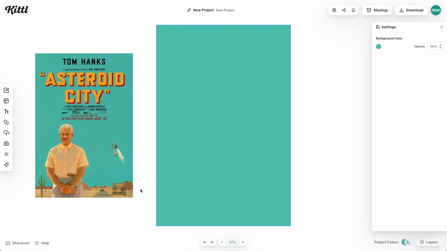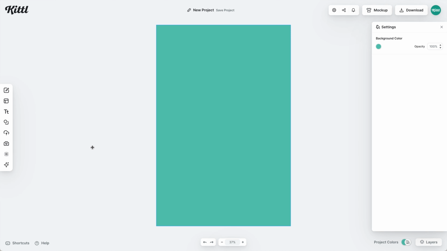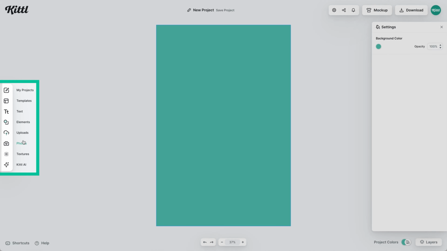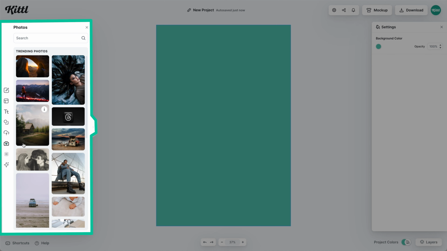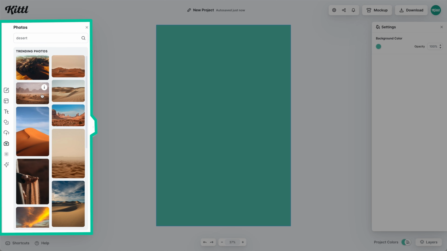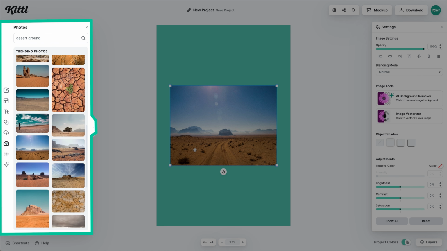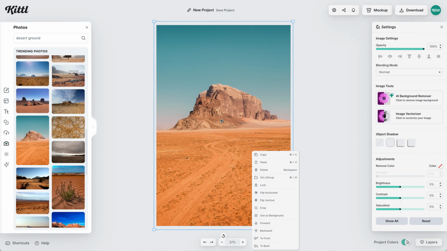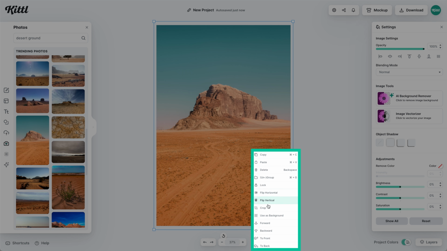And now what we're going to do is find all of these little elements, these desert and canyon elements. And to do that, we are going to rely on our Photos tab with our Photos integration feature. And then all we need to do is go up to the search bar and start looking for what we want. So we're going to look for some desert pictures that might work and find one that has a similar layout. I like this one, and because we don't want this big rock in the way,